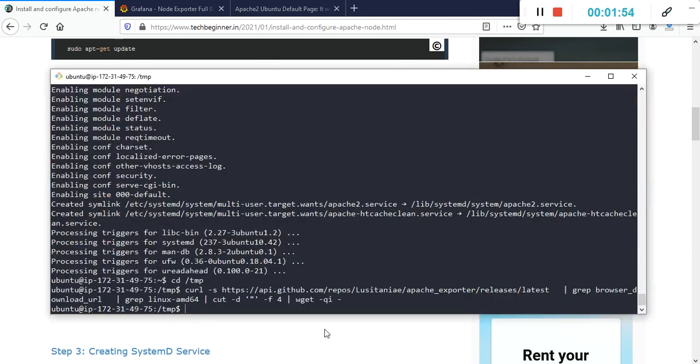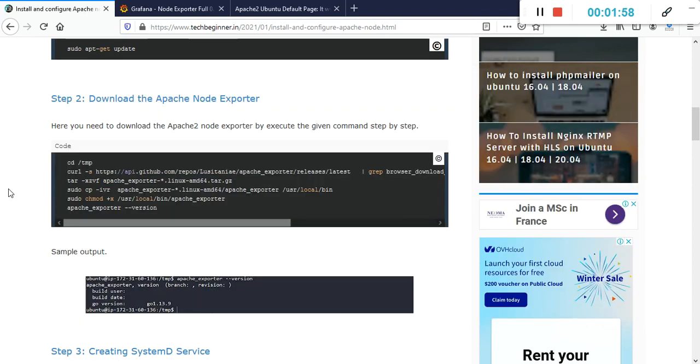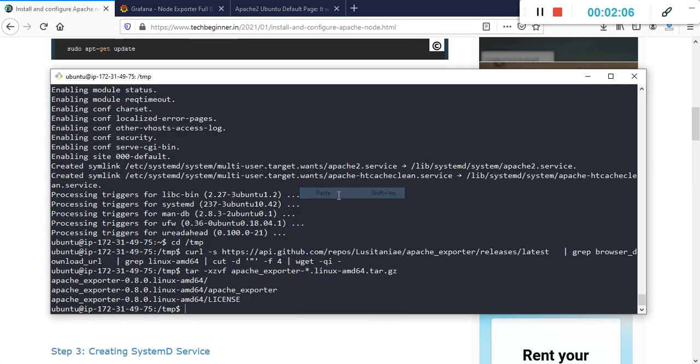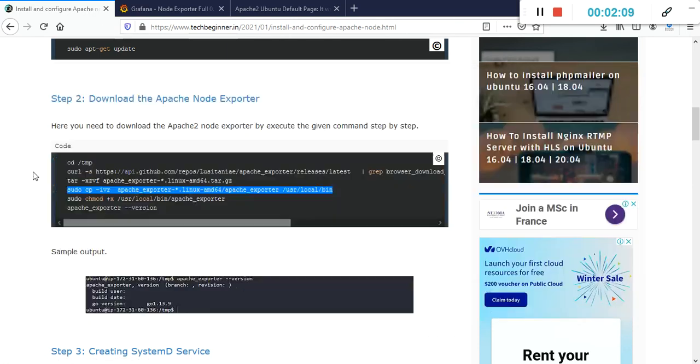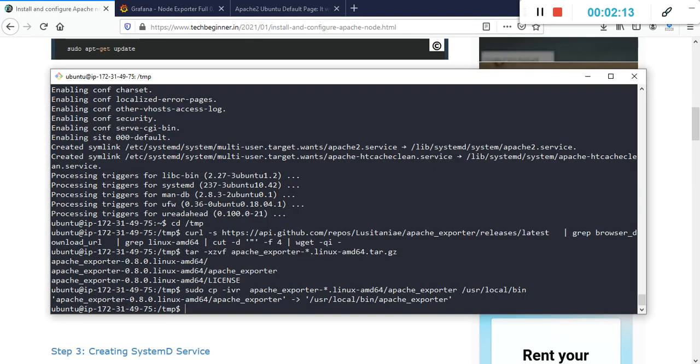extract this. So just use this command and after that we need to copy in /usr/local/bin. So we have copied that and after that we need to give the execution permission.